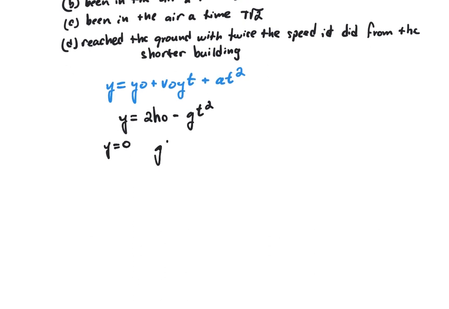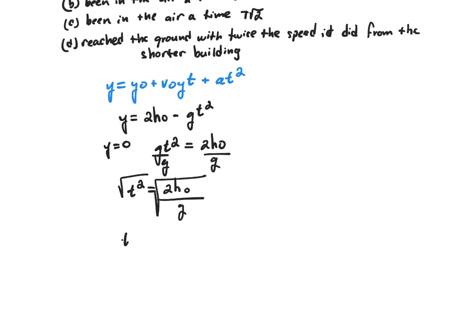so g t squared equals 2h0. Now we isolate g. We're given t squared equals 2 times the initial height over gravity. To isolate t, we take the square root. So we know t equals the square root of